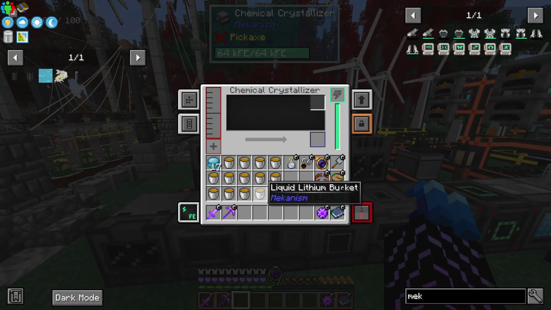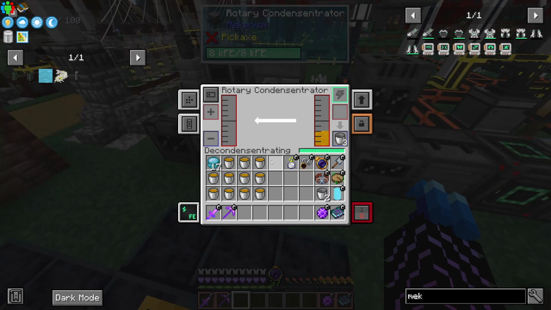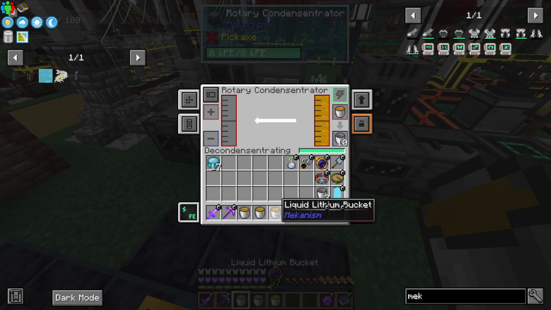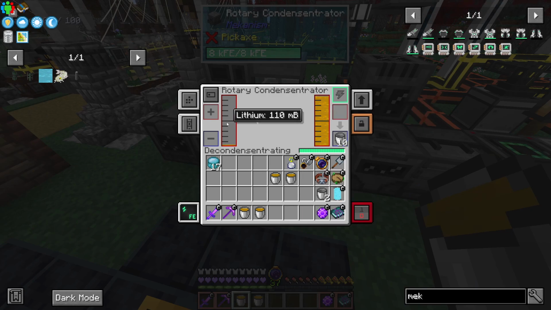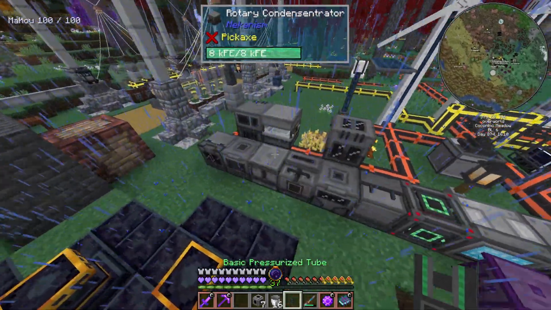Wait, hold on. We can put... Wait, where do we put it? Oh, there we go. Okay. We can put it in here, and then if we look in here, yes, it's turning it into regular lithium. So while we wait for all the brine to actually finish brining, I don't know, we can actually start to